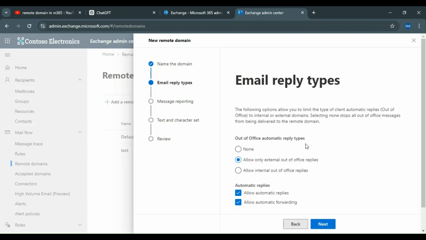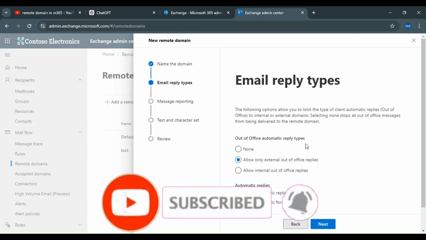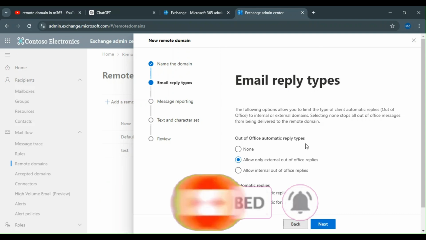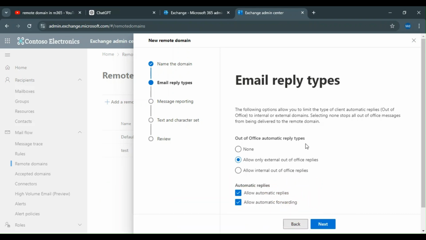So out of office automatic reply: if somebody creates an automatic reply on their mailbox, or we can say a rule created by the organization, and you want that the smtp domain user will not be able to get the out of office automatic reply when he sends the mail to the receiver. Okay, my receiver, my organization user, not everyone. I'm just giving you an example. This is applicable only for my domain users. So if I put the out of office automatic reply to none, that user will not be able to get the reply from my